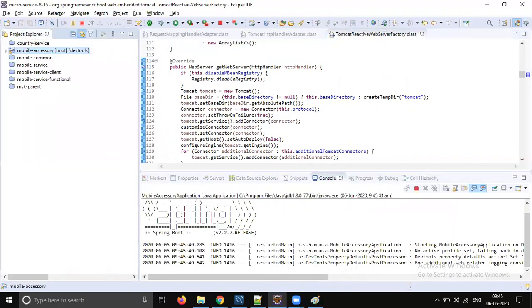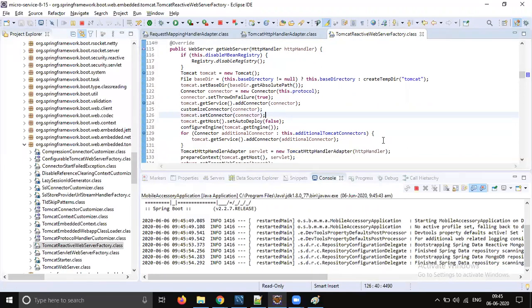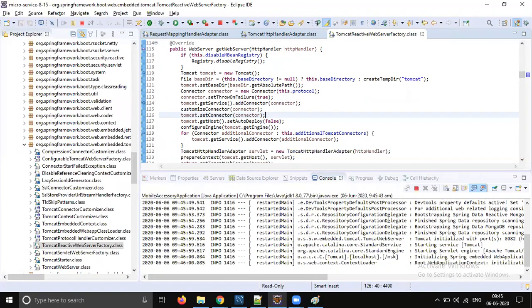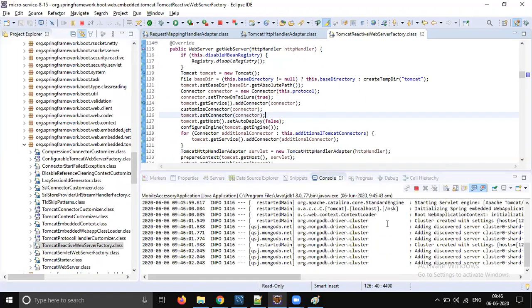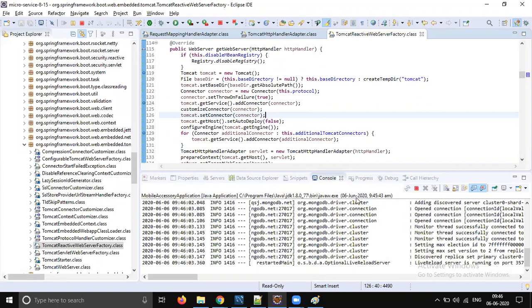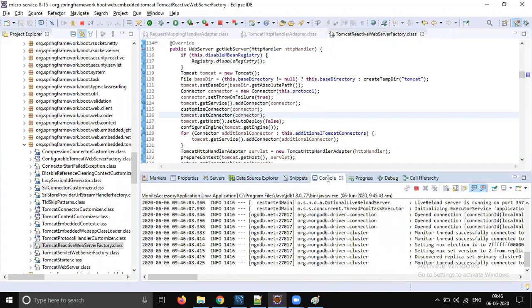I expect at least this time it should work. Oh, no, something is going wrong. It's not coming into this code. It's going somewhere else.